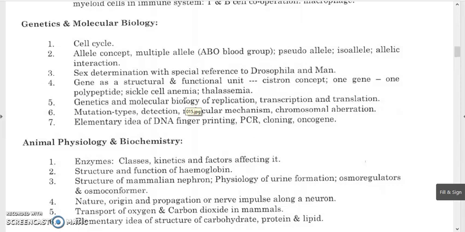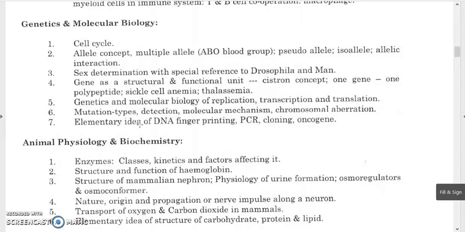Gene as a structure and function. You need the cistron concept, the one gene, one enzyme or one gene, one polypeptide concept. Sickle cell anemia, thalassemia, different types of genetic diseases like thalassemia and sickle cell anemia. Genetics and molecular biology of replication, transcription, and translation, mutation types, deletion, molecular mechanisms, chromosomal aberration, elementary idea of DNA fingerprinting, how DNA fingerprinting can be done, different applications of DNA fingerprinting, and DNA gel electrophoresis and PCR method, cloning